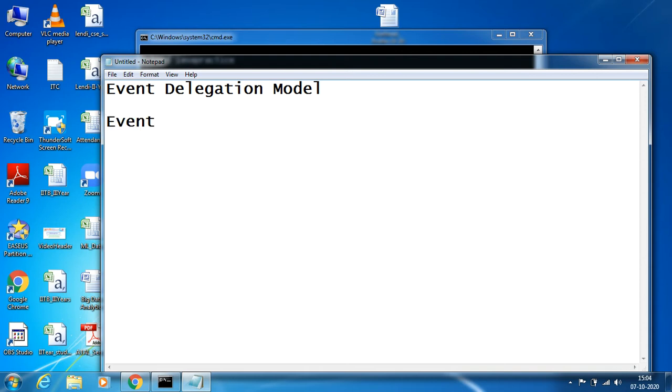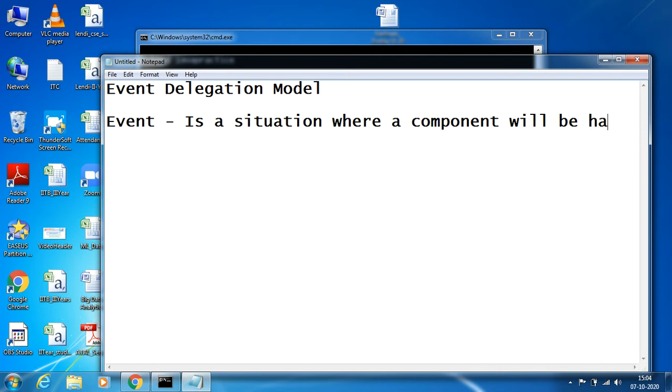See, an event is a kind of situation where a component will be handled, like a component which is placed on a particular location or a particular window or a frame. For that component we need to do some kind of operation.